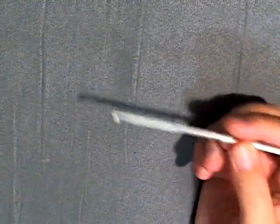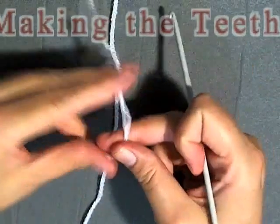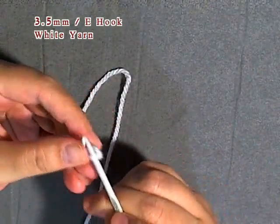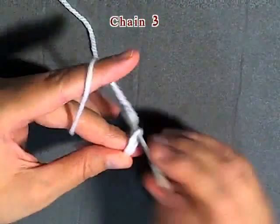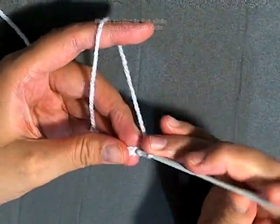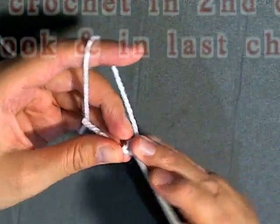Now I'm going to show you really quick, using the same 3.5 millimeter hook, how to make the teeth of SpongeBob. What you want to do is make your slip knot and then chain 3. Now go into the second chain from the hook, do a single crochet, then do a single crochet in the last chain,